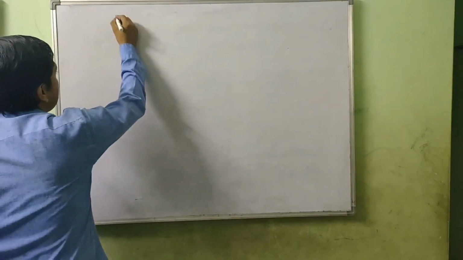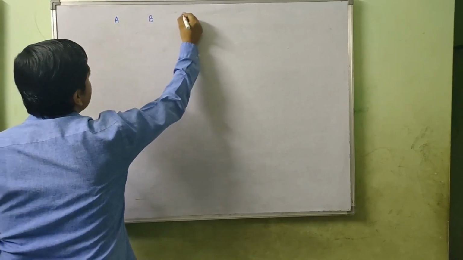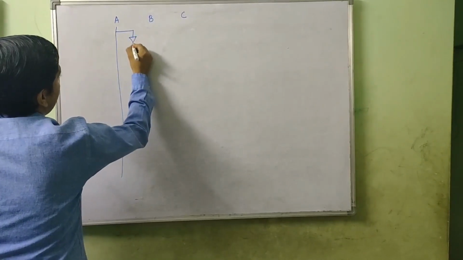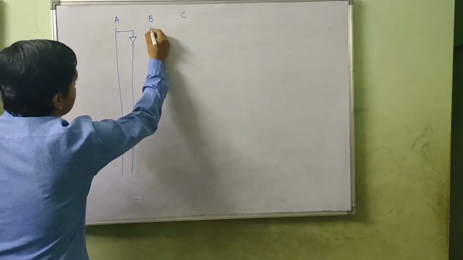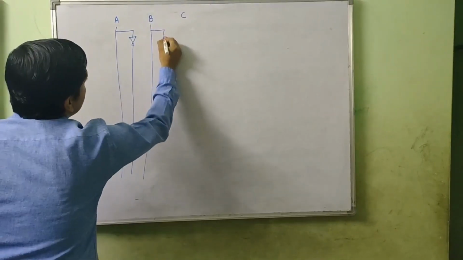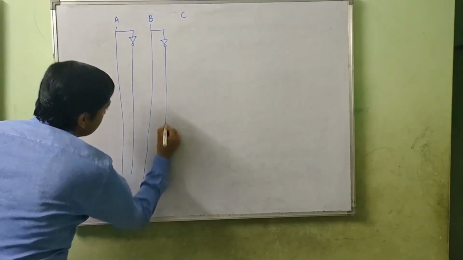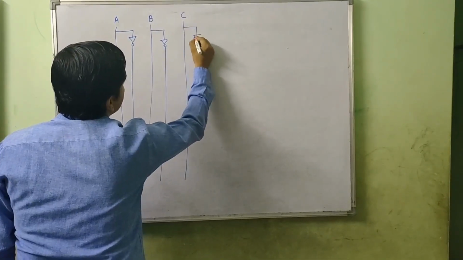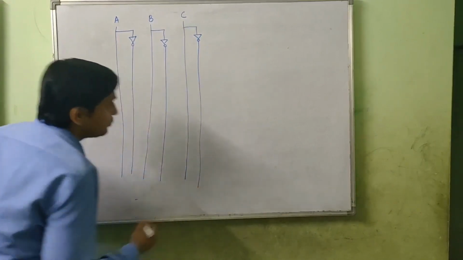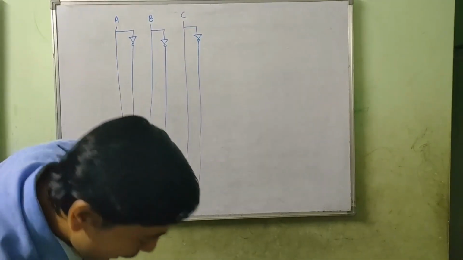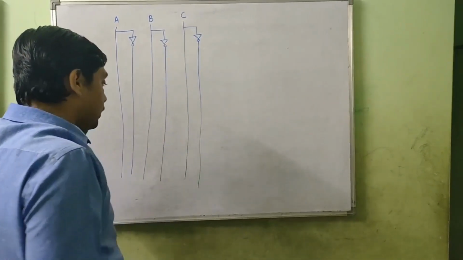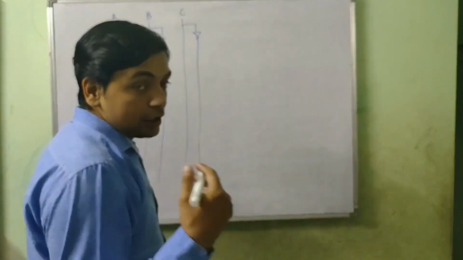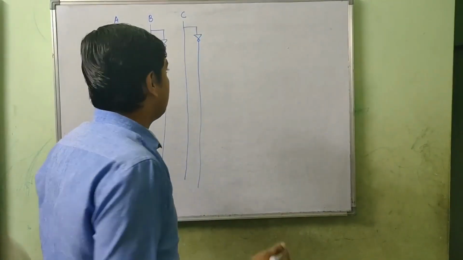I told you there will be 3 input lines in both forms, so that will make 6 input lines actually. This one is normal and this one is complement. This one is normal and this one is complement. Fine. Okay, I rubbed the truth table, but you should remember the values, or maybe you have noted it down, or you can just go back in the video and note it down.